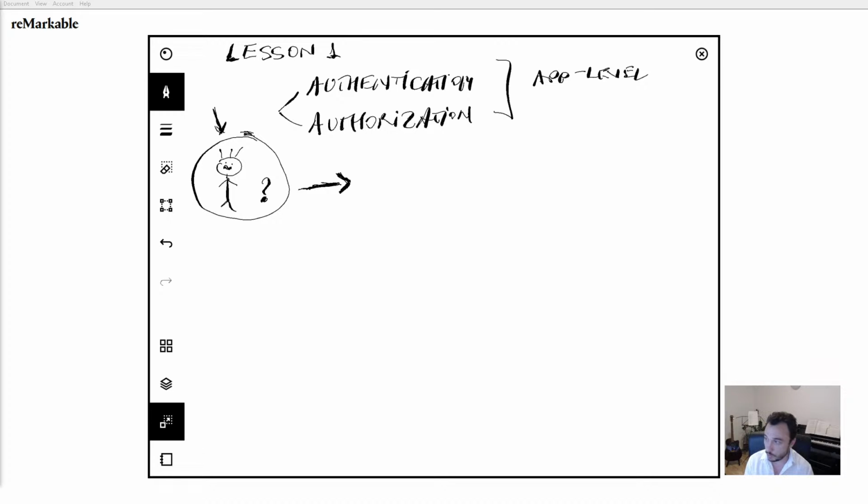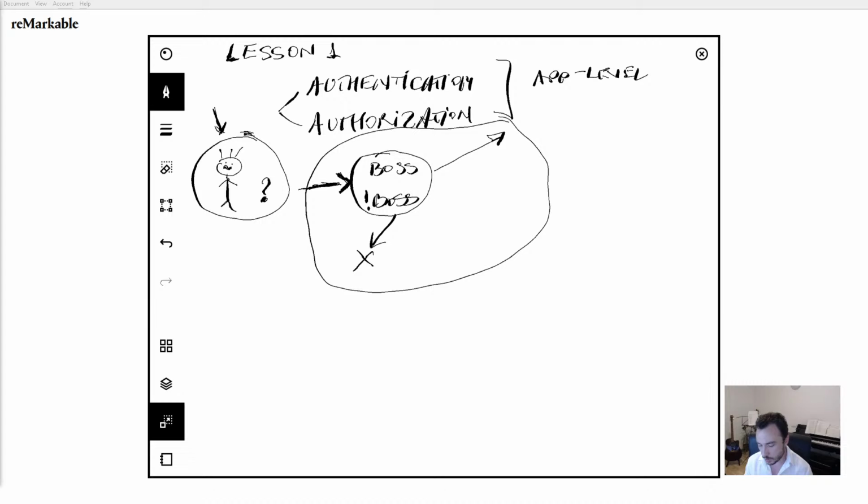So basically the application finds out who you are somehow, either through a set of credentials, your fingerprint, something else, a certificate, and then comes authorization, where the application decides whether or not you are allowed to do something. So if you are the boss, then you can do something. If you are not a boss, then maybe you are not allowed to do anything. I don't know. The idea is that the whole thing about authorization is just a decision the application makes based on who you are, and the rules